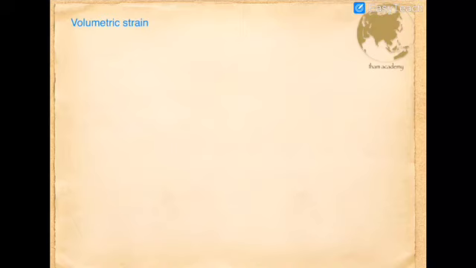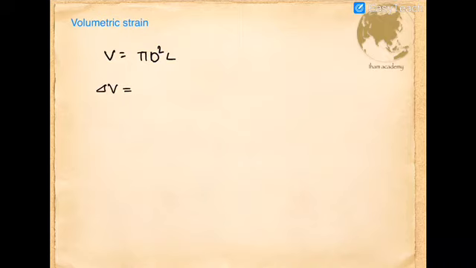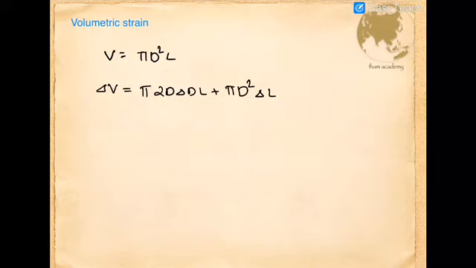So next thing we are to discuss is volumetric strain for a cylindrical shell. So for a cylinder, the volume can be calculated as pi d square into its height value, length. So for the change in volume, we can take the derivative with respect to the variables d diameter as well as length. So that is going to be derivative of first function, that is pi into 2d delta d into L plus corresponding pi d square into delta L value. Right? In between delta d will be there. So this will be the total derivative for this function.